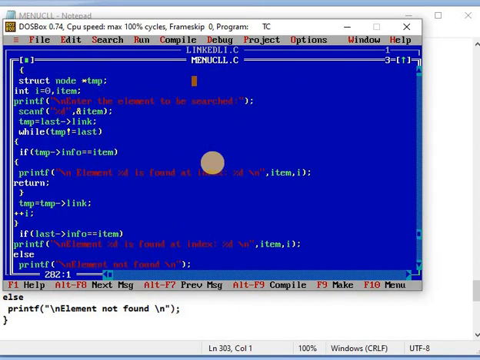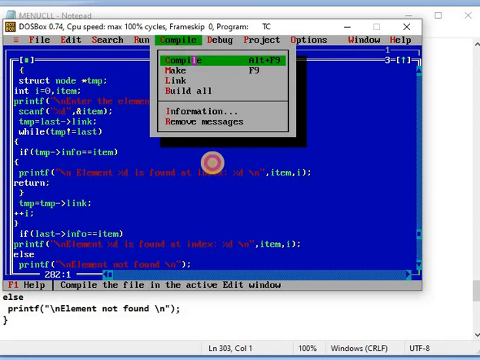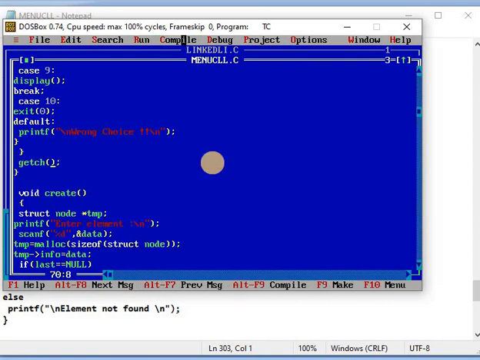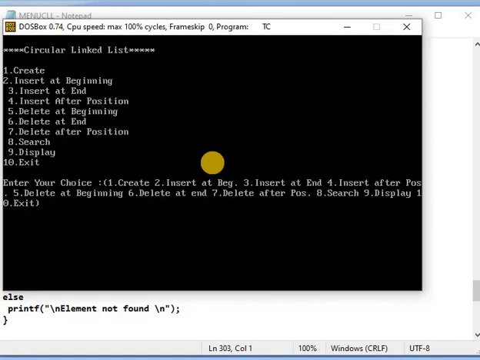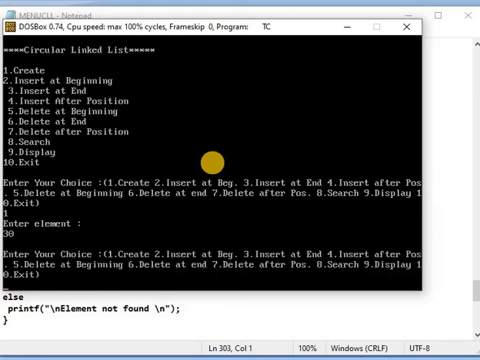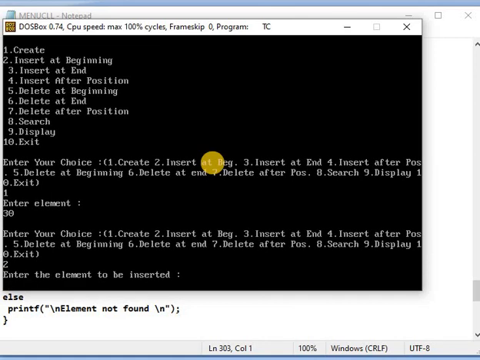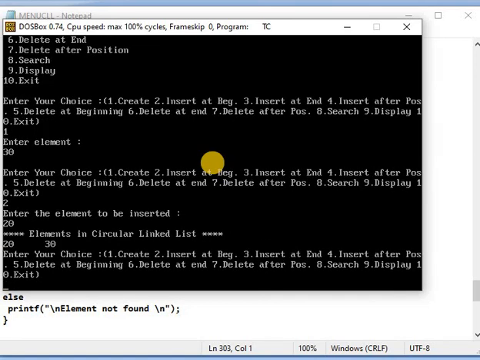First of all, compile it. After that, run it. First choice, create. For example, I am giving the create as 30. Again we insert at beginning, 20.